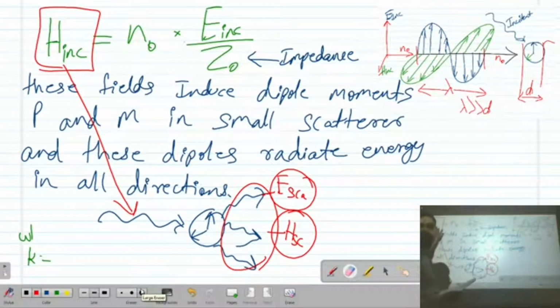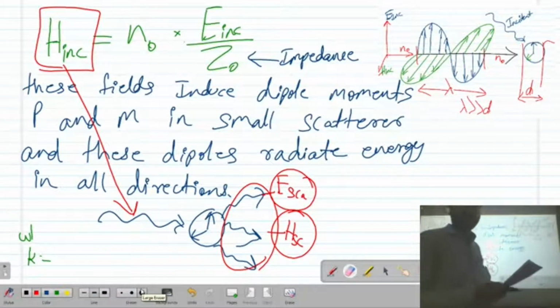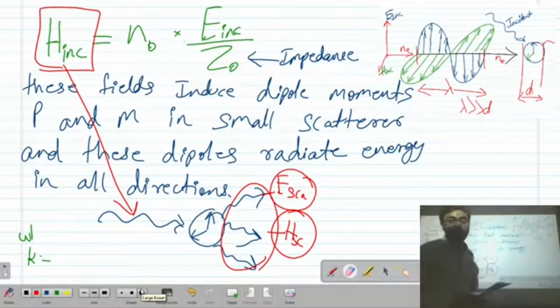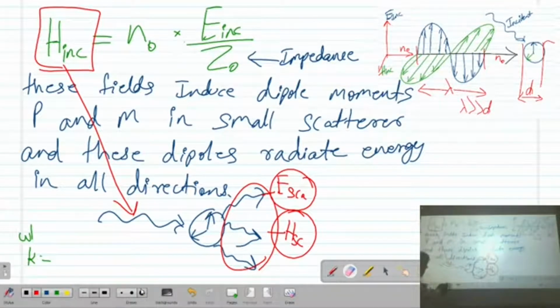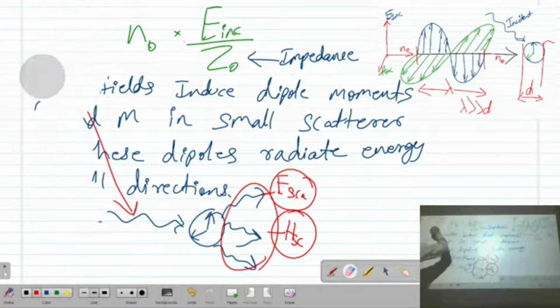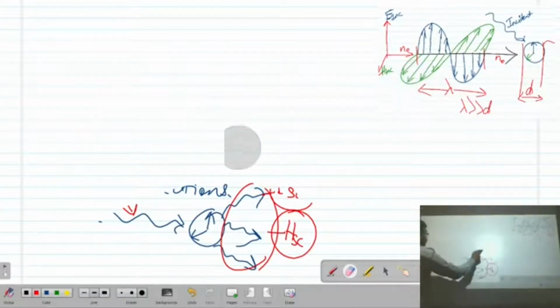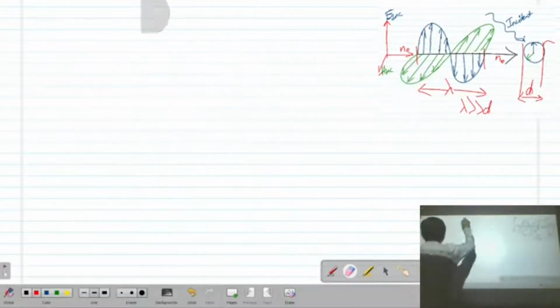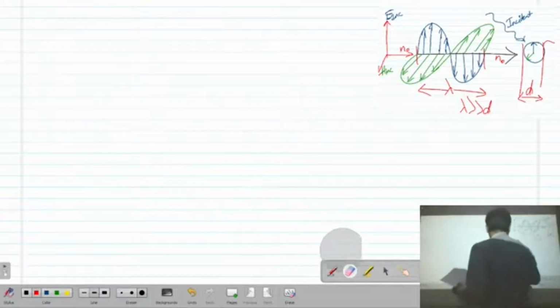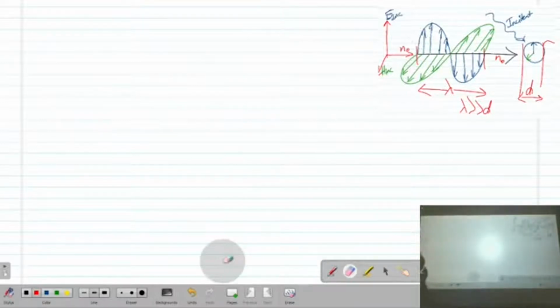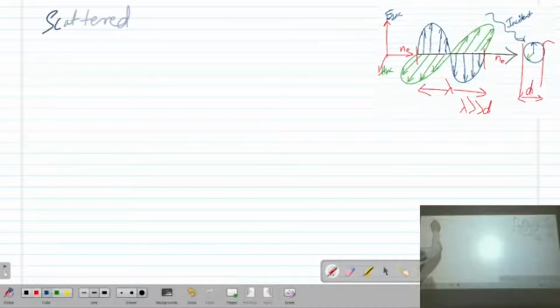Remember, this is for the incident wave, and the previous one was also for E incident. Now we are going to see what is going to change in the scatter part. So the scattered part is given by